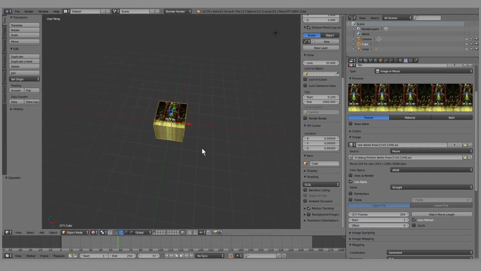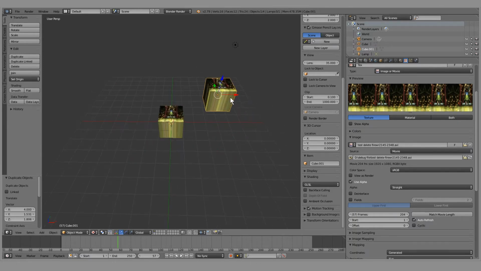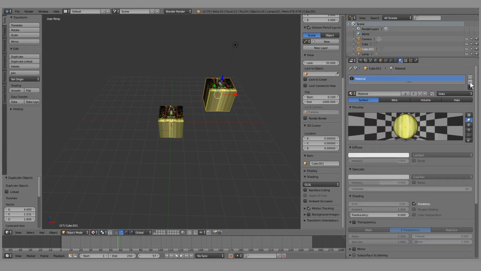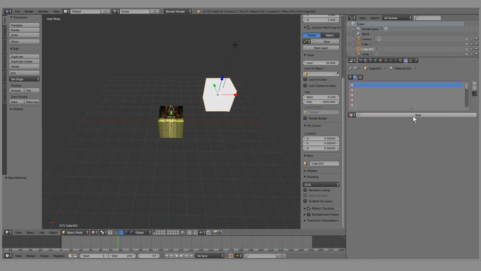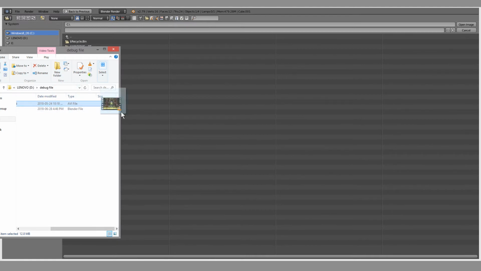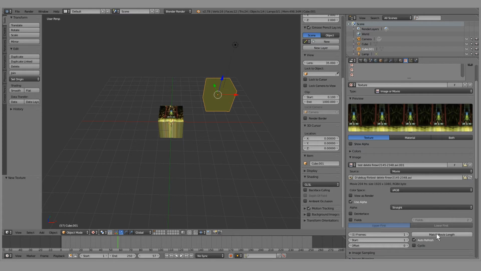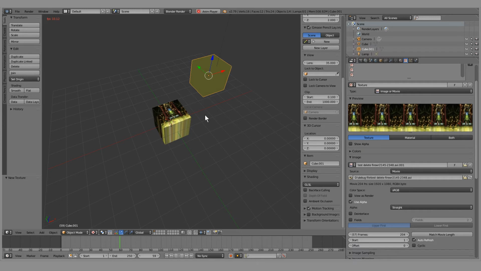So there's a few other little things I just want to show you briefly. So if we duplicate this cube with Shift D and look at the new cube here. So let's go to its material here. Let's just delete the existing material and add a new one. So if we do that and actually repeat everything we did at the start for the first cube. So let's just do that here. Gonna add the movie in again, like so. And auto refresh, match movie length,